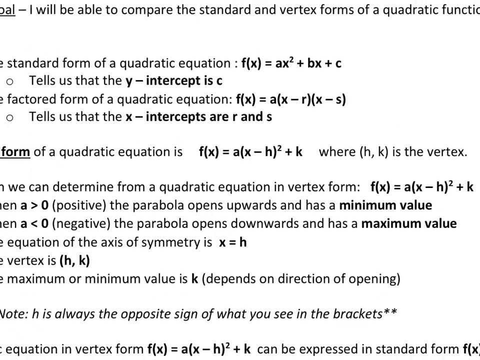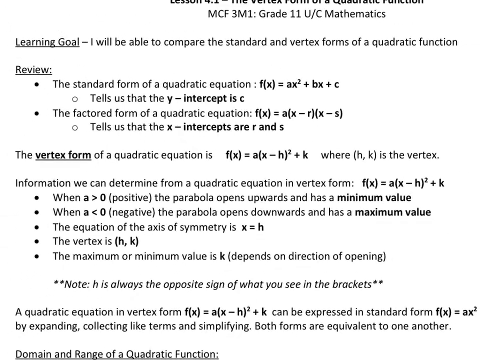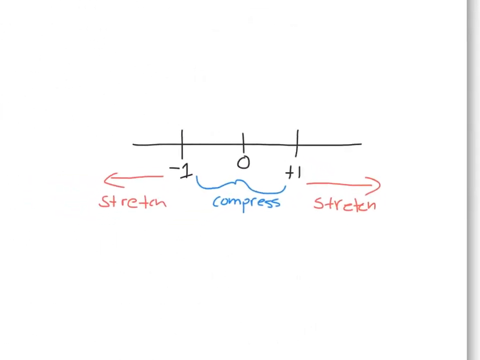So now, just as descriptive values for that a, h, and k, we can go back and recall that a is telling us whether our parabola is pointed up or down. So if it's a positive number, the parabola is pointed up. And if a is a negative number, then the parabola is pointed down. That a value is also useful because it can tell me whether I'm dealing with a stretch or compression from the parent function. And for that, we used a number line that would tell us whether we were stretching